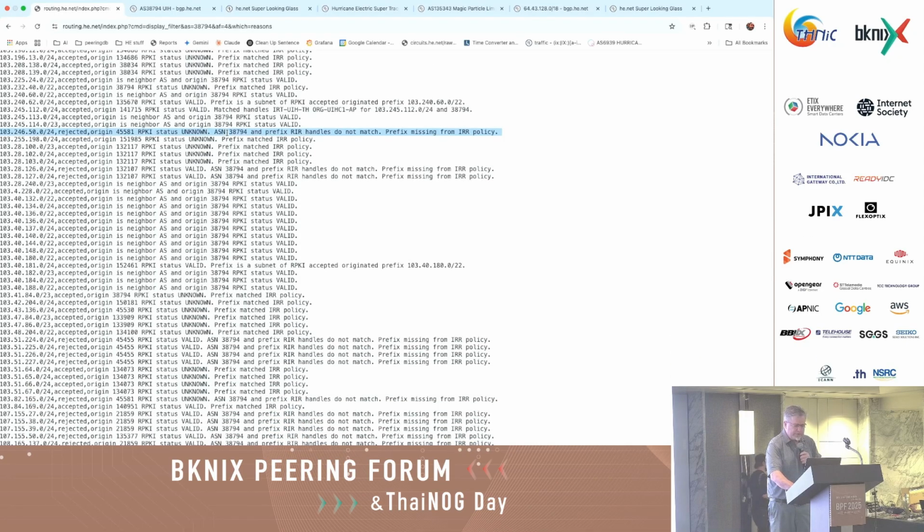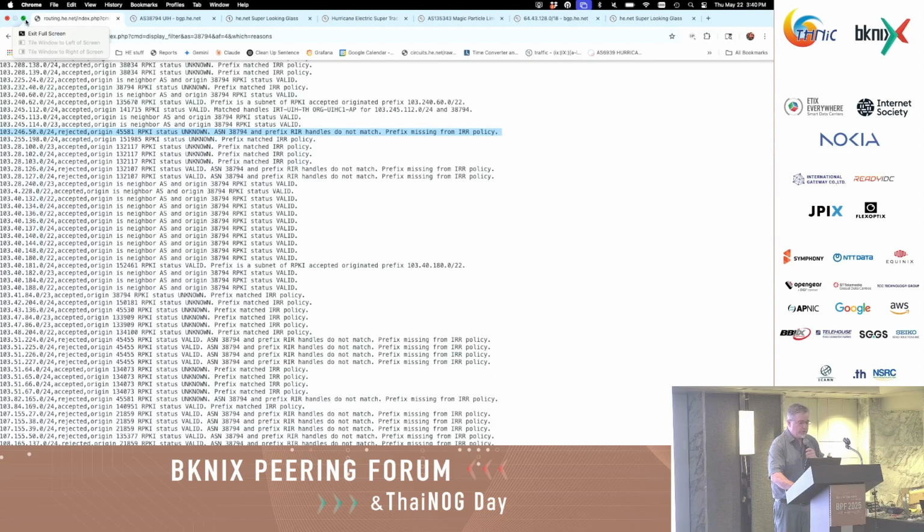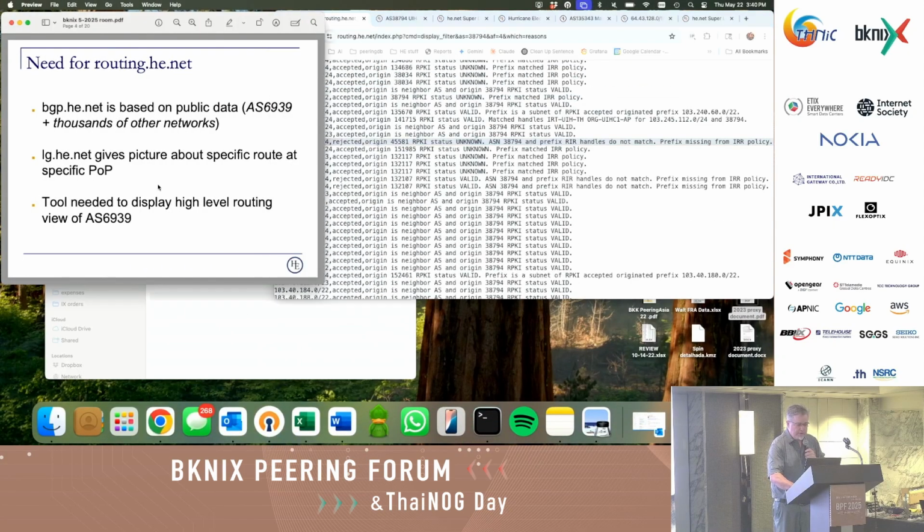And this is invalid, so it does not match. So you would need to take a look and see why it's not matching, and then talk to your local registrar to get that fixed. And for that case,